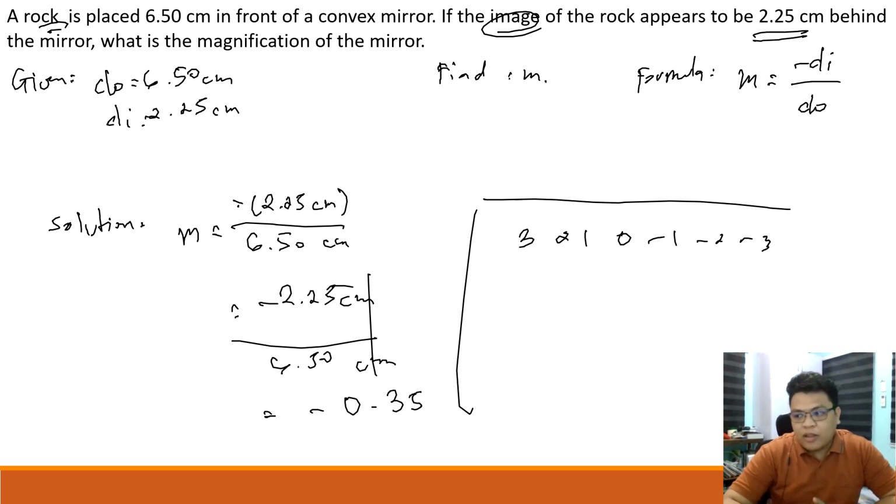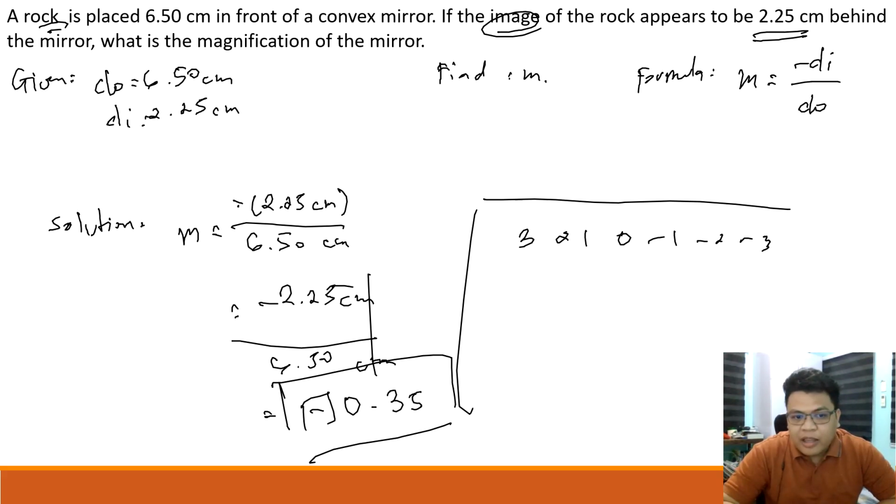So we have this connotation that if it's a negative value, this is automatically lower than 1. Because in our magnification, kapag lower than or less than 1, it is automatically diminished. Pero dito po, in our answer here, kapag po negative, it doesn't mean that it's lower than 1.